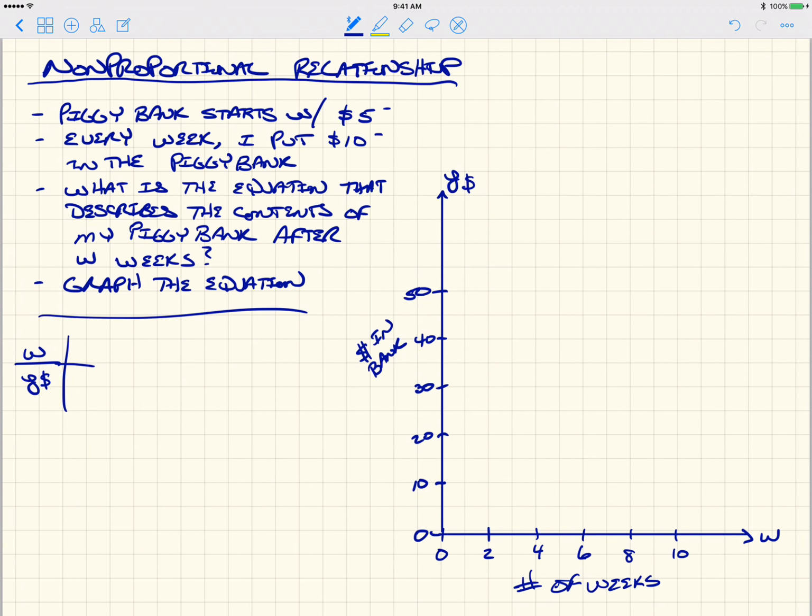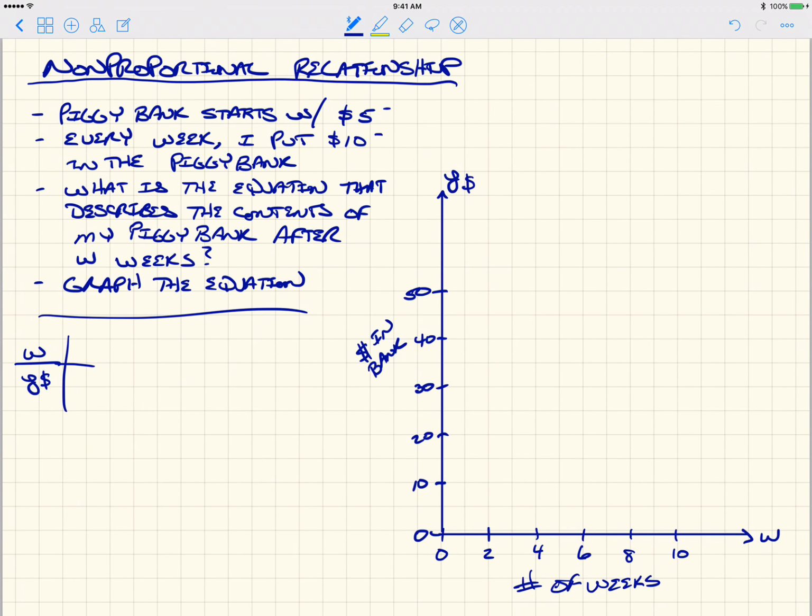So after 1 week, I'm going to have 5 plus $10 is 15. All right. After the second week, I'm going to put another $10 in. Okay, so that's going to be 15 plus 10 is going to be 25. All right, and then after 3 weeks, I'm going to have 35, and so on and so forth. All right, so that's enough information there